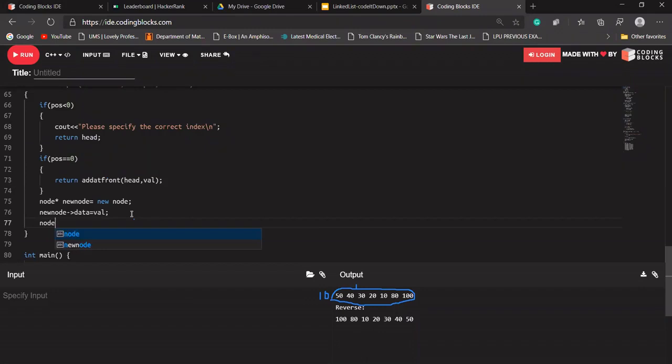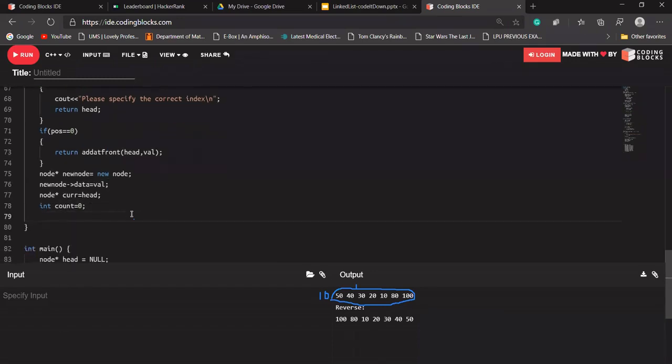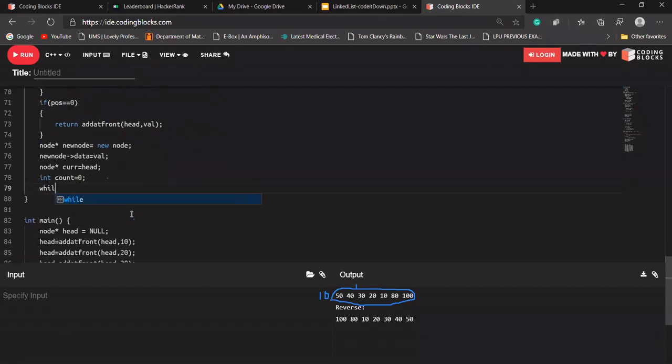So let me write a current pointer, pass our head to it, and take a count variable as well, so that we can count at what index we have this data.